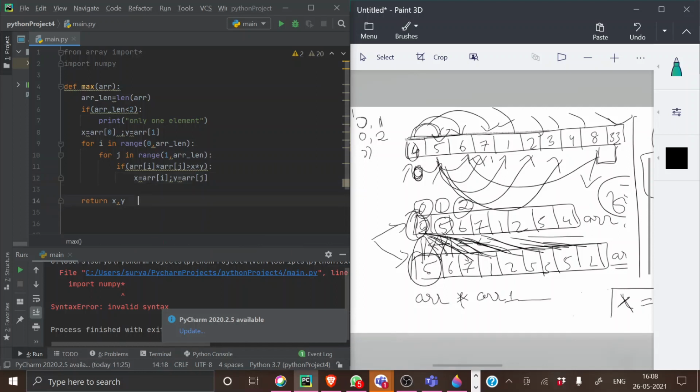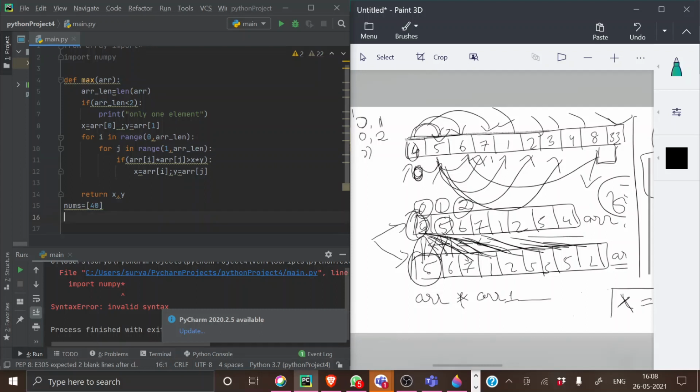So if you return your x comma y, let's give a value here. Let's make nums a new list. Let's give some 33. First we will give only one element to check the first if statement.